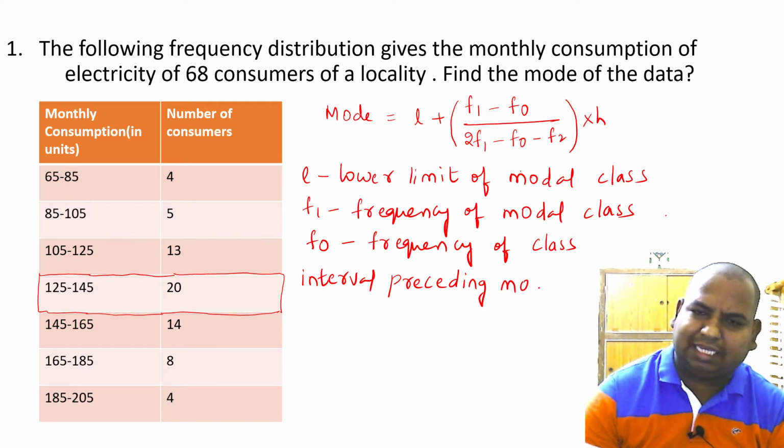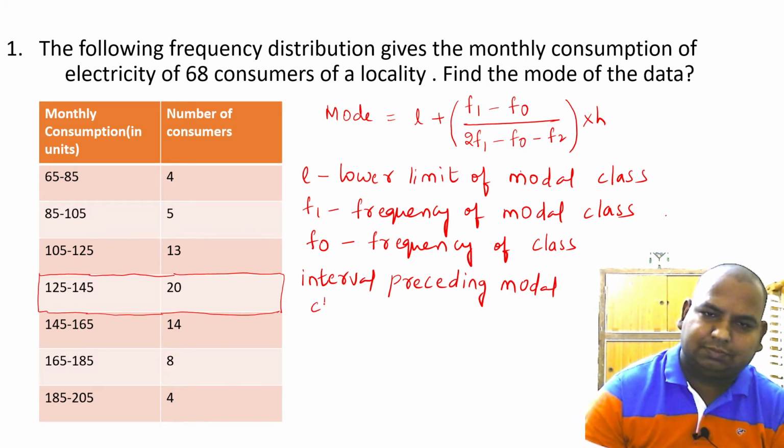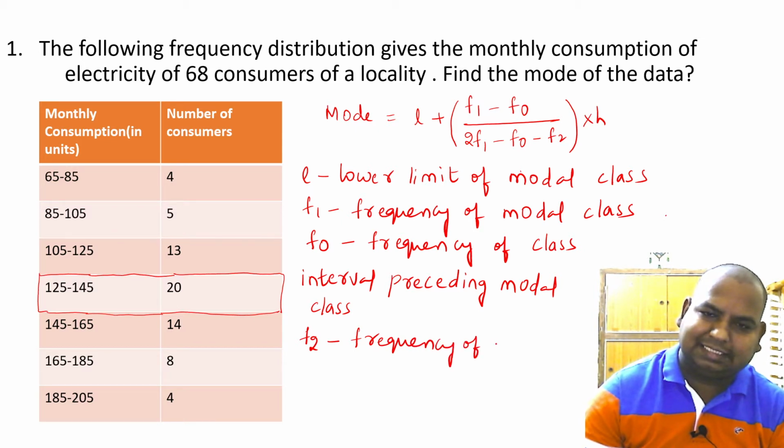What is the meaning of preceding? Before the modal class. What is F2? F2 is the frequency of class interval